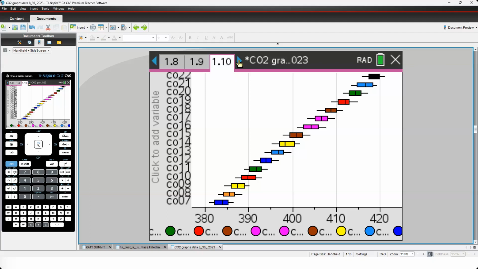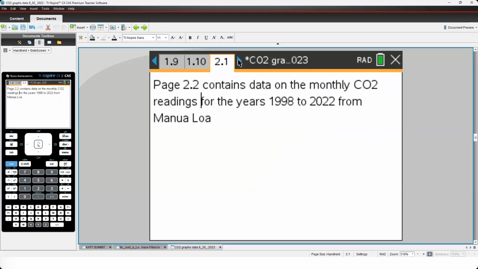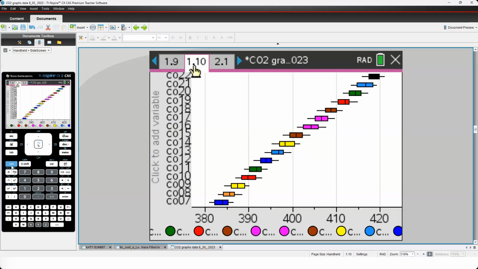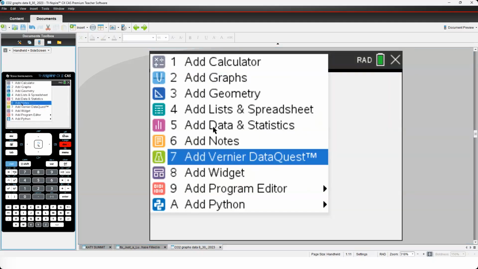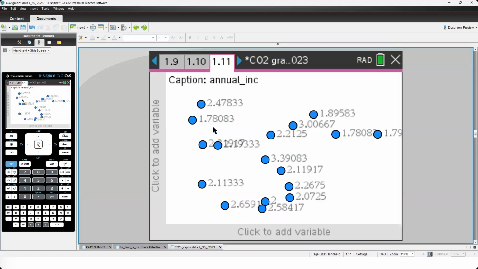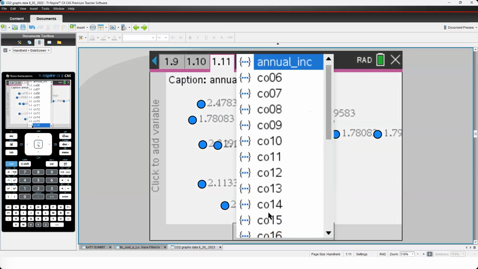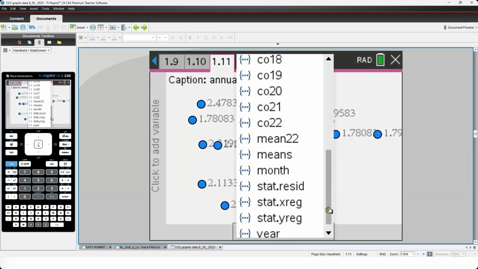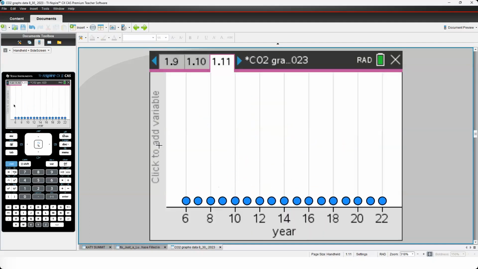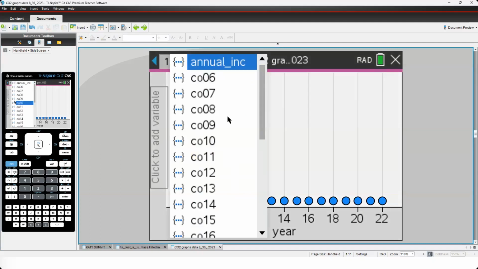Okay, so this leaves me with the impression of, yes Sherry, kind of a linear increase of box plot medians. I don't have the medians, but I have the means. So we're going to have Rachel do another data page. No, we're going to go back to 1.10. She's a really good follower. We're going to insert a data and stats. And this time we're going to go to the bottom. We're going to put year for our horizontal axis. And our vertical axis is going to be means.